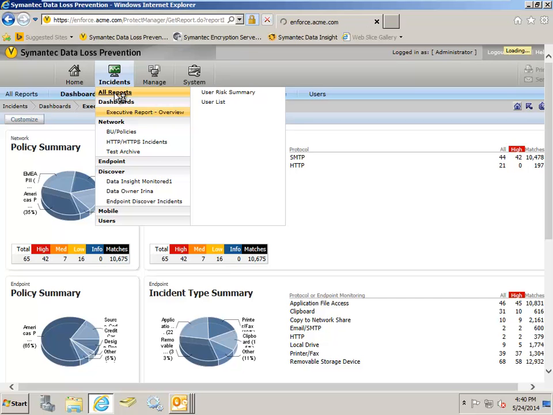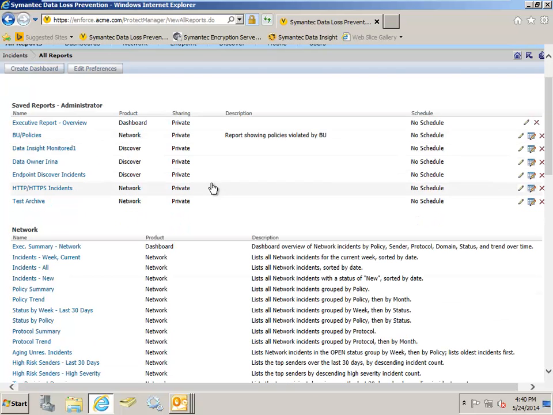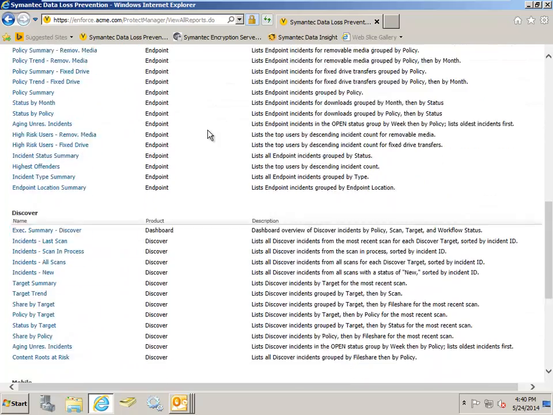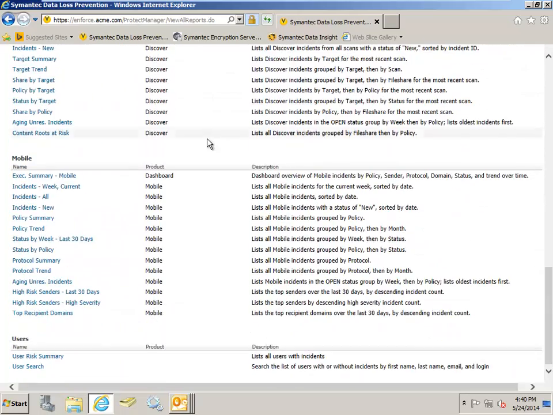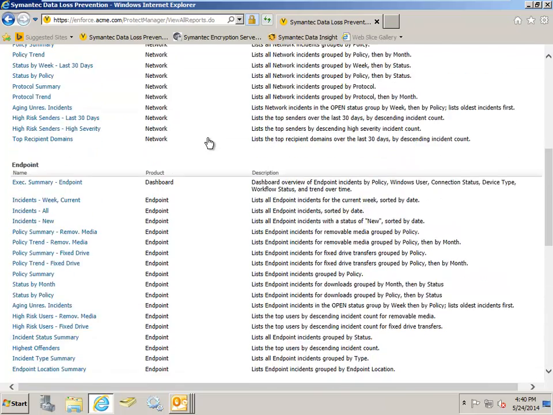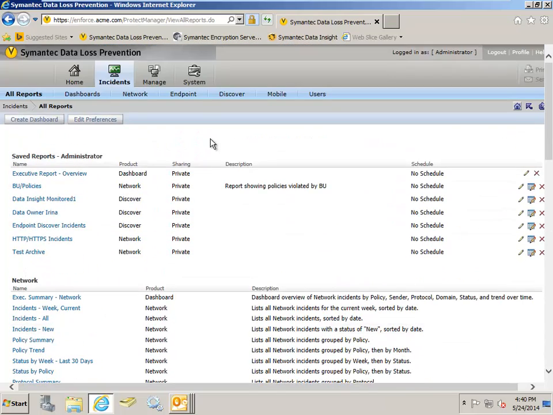Out of the box, Symantec Data Loss Prevention provides a large number of reports at your fingertips. You can see in this screen that's about to come up, we have a few saved reports in this demo environment, but we also have all of these network, endpoint, discover, mobile, and user reports that are available right out of the box. It's a wide variety of reports, very useful for remediators, and helps you get started right away